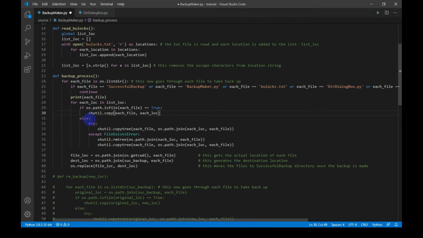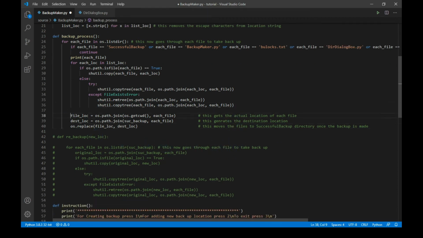Else, if each_file is a directory, then we will try shutil.copytree. If there exists a directory with the same name, then a file exist error will appear. So we will first remove the directory and then create a fresh backup. In this line of code, we move the file whose backup was taken to the successful backup directory.